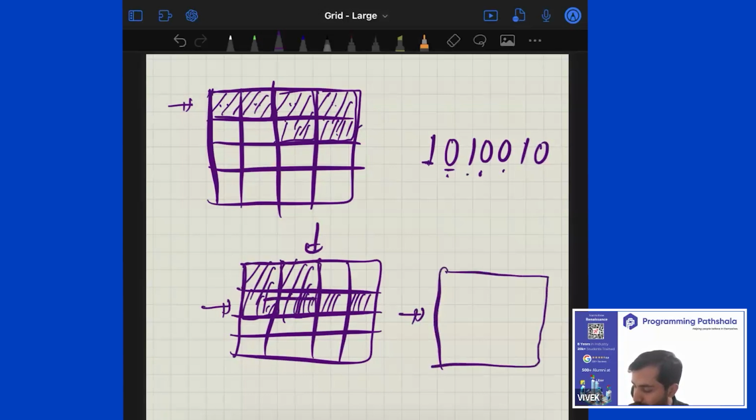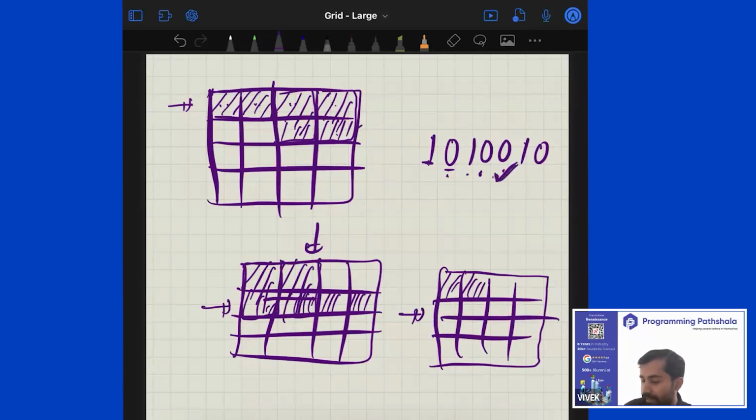So when this will be freed, it will start looking like that. Only this and this will be occupied. Everything else is freed. So basically what you have to do is, for every character that you read, you have to tell the top left corner of the submatrix where you placed your tile. For example, if this is the next thing that you get, and this is vertical, and you decide to place it over here,